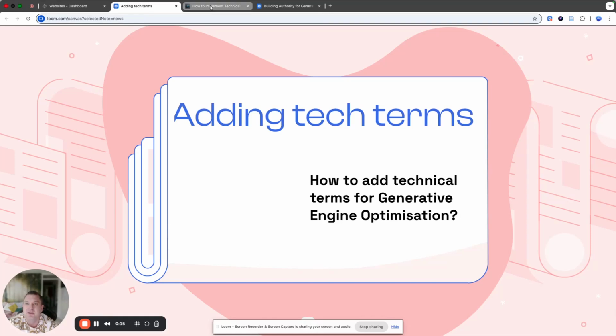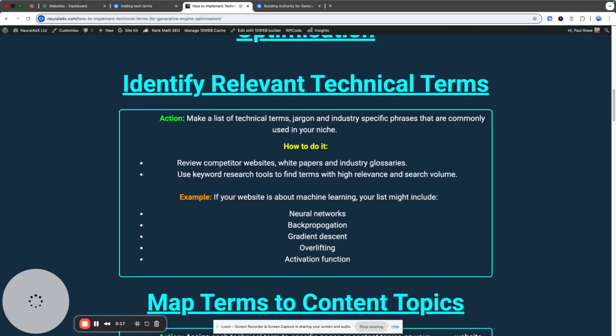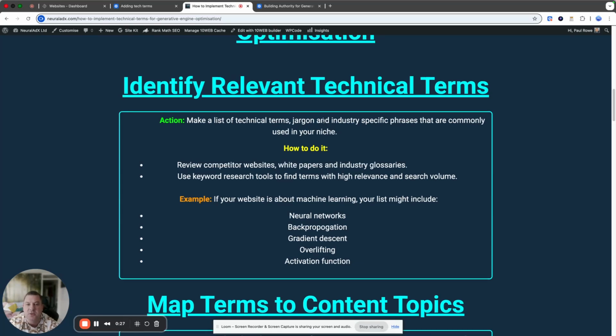So we move straight on to my page, which discusses this in detail, and I will go through each factor which assists you with the technical terms. The first thing you want to do is identify the relevant technical terms for your industry. The best thing to do is make a list of all the technical terms, jargon, and industry-specific phrases that